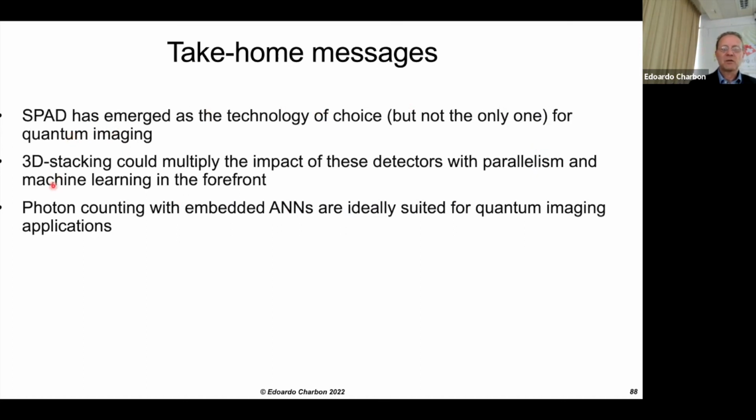3D stacking, we will have multiple impact, to multiply the impact of these detectors, not only by introducing parallelism, but especially by introducing the type of machine learning algorithms that I've shown in my talk. And finally, we think that photon counting and embedded artificial neural networks, not only are they ideally suited for quantum imaging, but they are here just to be expanded in the future, whereby clearly a massive increase of functionality is going